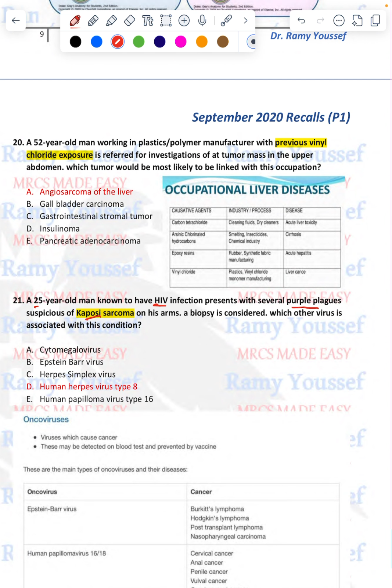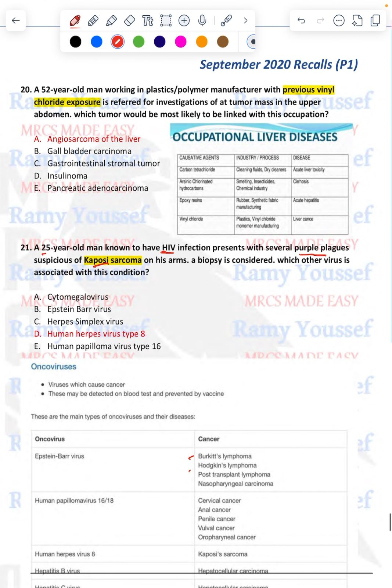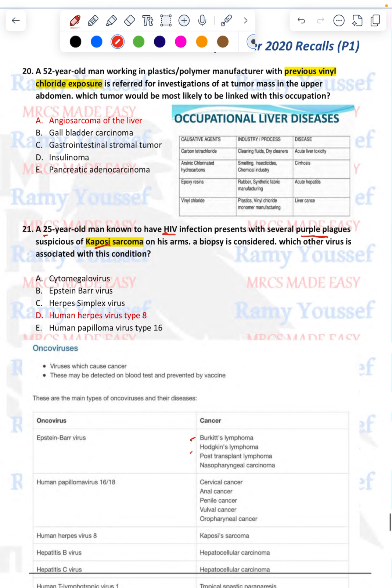So Epstein-Barr virus, Burkitt lymphoma, Hodgkin lymphoma, human papilloma virus, and all this. Human herpes virus is for the Kaposi's. This is HHV-KS, and HPV is for the